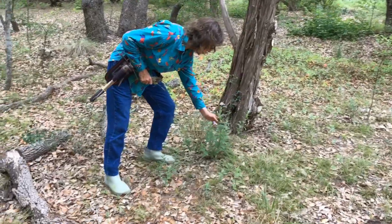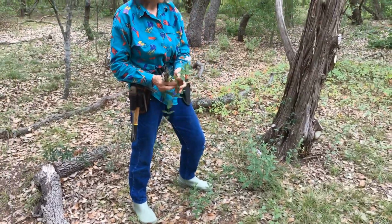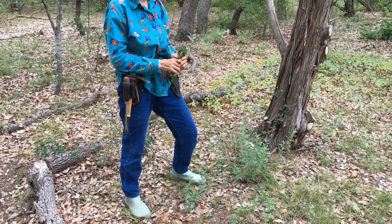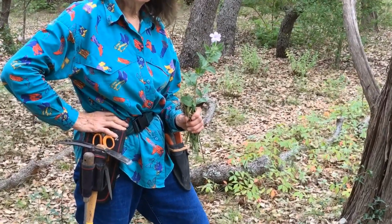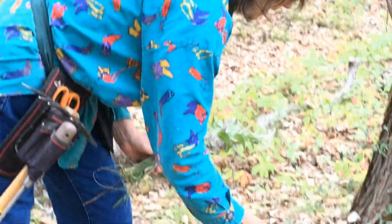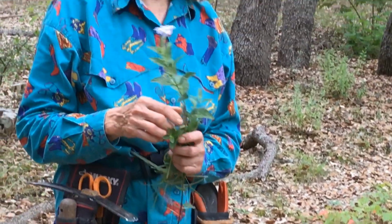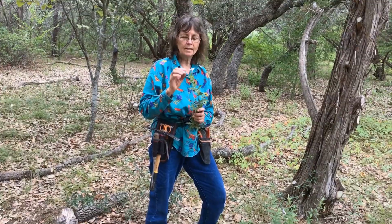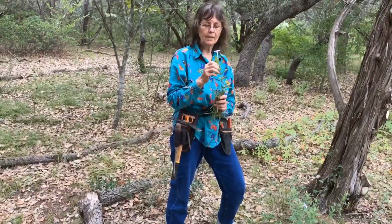This is our native Ruellia. You can tell from the flower. And I collected seeds at a friend's and started pitching them. And I now have, I think, probably over 1,000 Ruellia. I'm not exaggerating. They haven't gone to seed. What they do is, just like if you've had the Mexican petunia, you know how aggressive it is. It aggressively reseeds. You can't control it because the seeds are ready to go, and when they're brown and the water hits them, the rain,